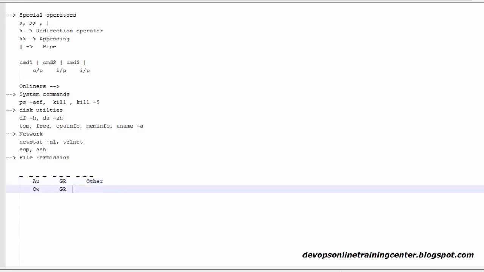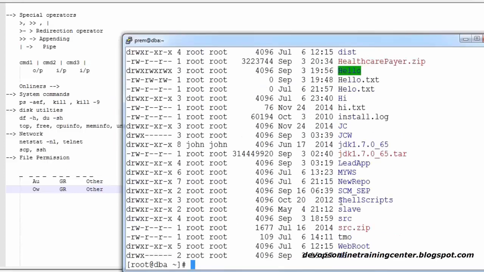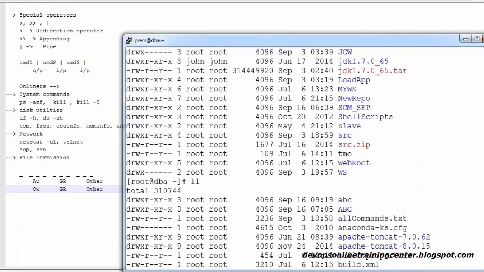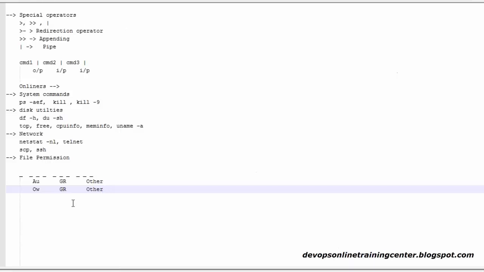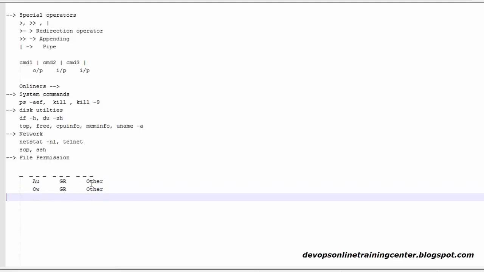In Linux, when you create a user, if you look at this ll, which is the shortcut for ls -l, the second column represents the author and the third column represents the group. When you create a user account without a group, the username and the group will always be the same. But when you create a group for an account, you see the group name here. That's called the group. If there is a user who is not part of the group, he is an individual, and you call him other. And whoever created the file, you call the author or owner.